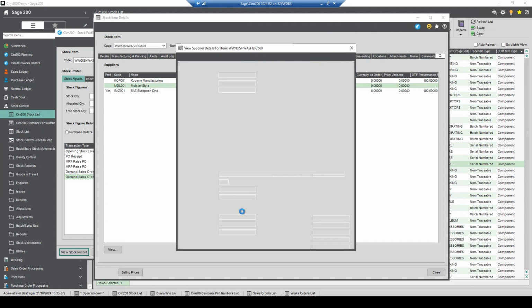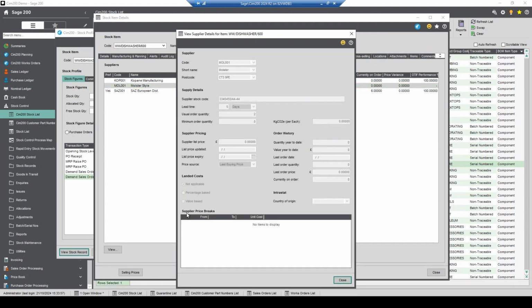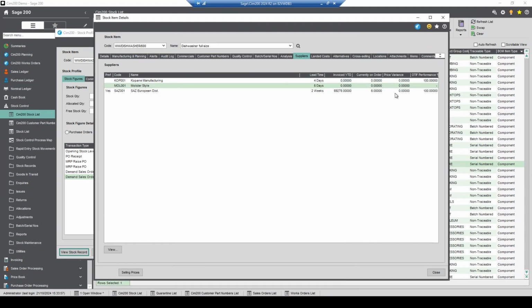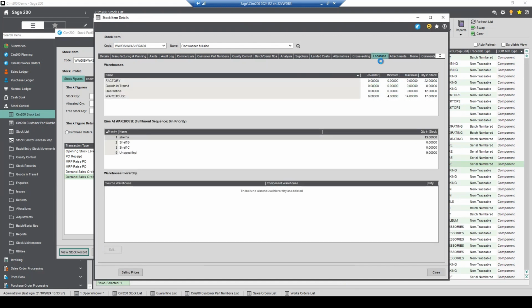Suppliers, there is now a possibility of having supplier quantity price breaks as well. And we had a brief look at the locations, but what we have now is new types of warehouses. We have goods in transit,